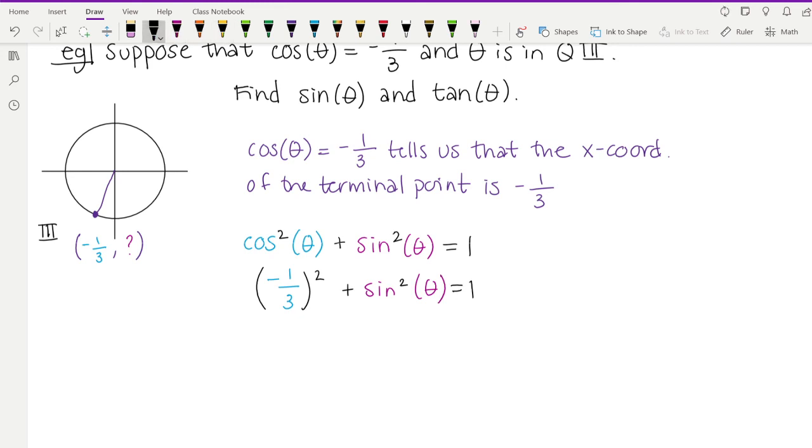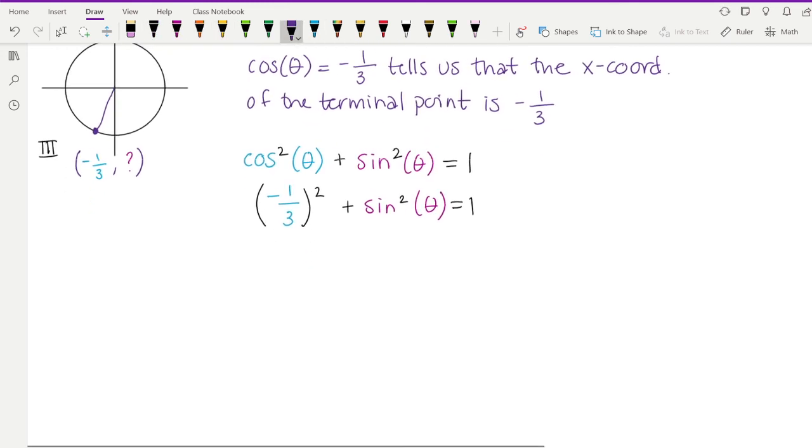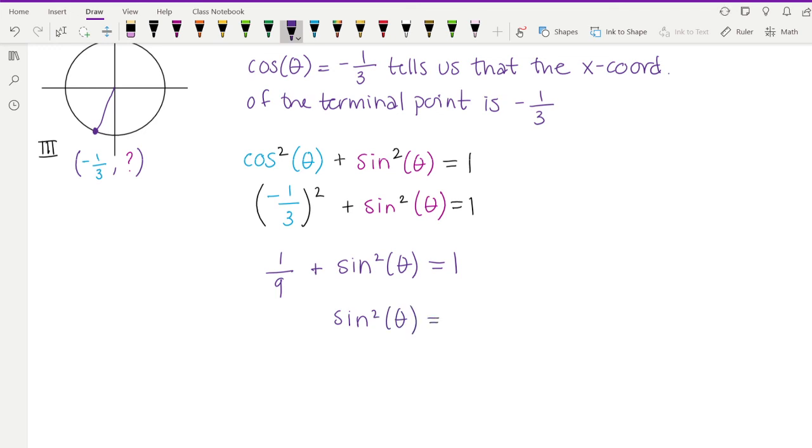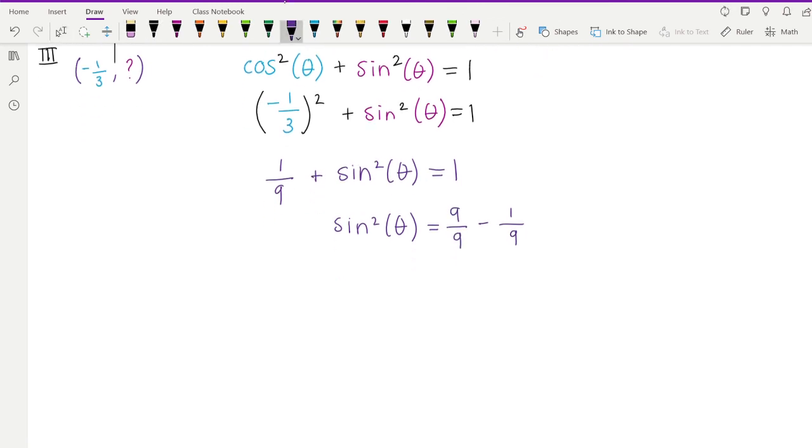And I will drop the color coding again at this point. Okay, so -1/3 squared, that's going to give us 1/9. So we have 1/9 plus sine squared of theta is equal to 1. So we want to subtract this 1/9 over in order to isolate sine. So we would get 1 minus 1/9, but let's rewrite 1 as 9/9 to figure out what we get on that side. So 9/9 minus 1/9, that's going to be 8/9. So we have sine squared of theta